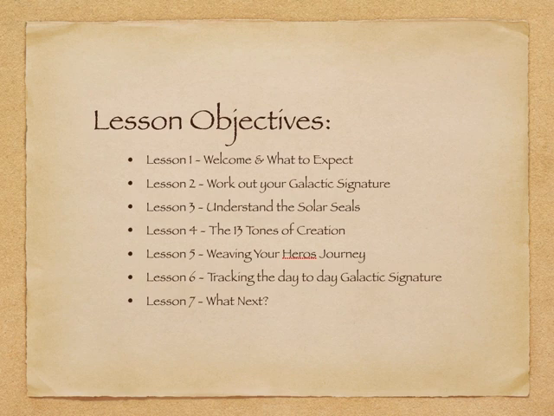Lesson 3 will be all about understanding the solar seals. The solar seals are the tribal archetypes and energies that you see in the glyphs, the little colored pictures with the different characters. There are 20 different solar seals, and lesson 3 is going to take you on a juicy little adventure in getting a taste for the frequencies of each of them. And this will give you all the material you need to go into a deep contemplation of your own solar seal that reflects your archetype of who you're here to be.